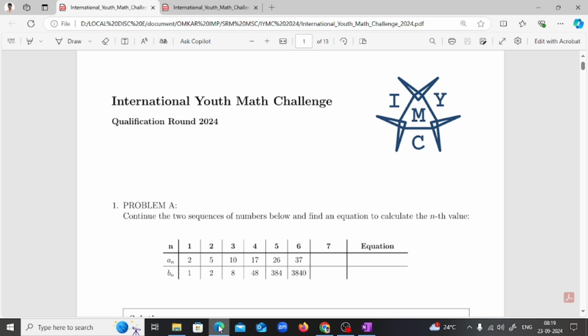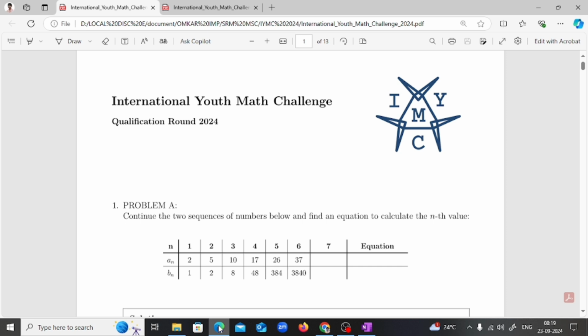Today we will be solving problem C from IYMC Qualification Round. For those unfamiliar with the International Youth Math Challenge, or IMC, it is one of the biggest global math competitions designed to inspire young minds. It's a great platform for students to showcase their problem solving skills and dive into some pretty interesting and challenging maths problems. Every year thousands of students from around the world participate, making it an exciting competition for